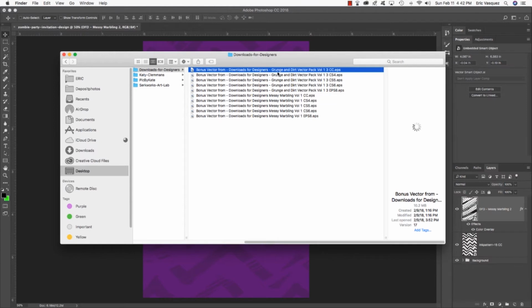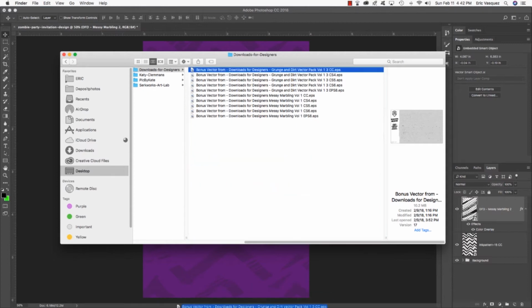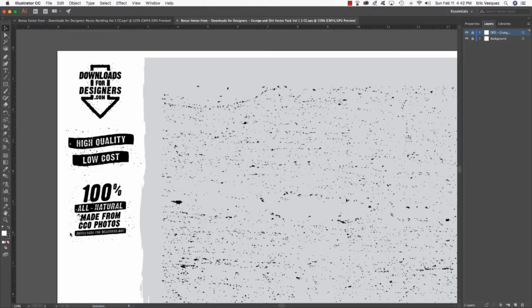Okay, now come back to the freebies folder for the tutorial, and this time let's go ahead and open up the Downloads for Designers Grunge and Dirt Vector Pack Volume 1, 3, and then whichever version of Illustrator you are using. And this one's going to be set up in a very similar way where it kind of has this template around it. Okay, so again, come up to the layers, unlock it, click on the texture and press Command-C to copy it,